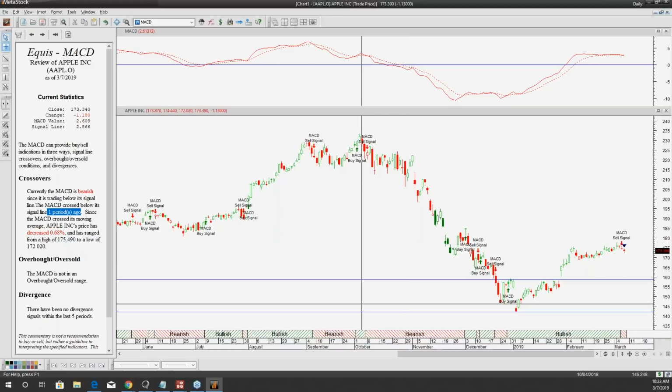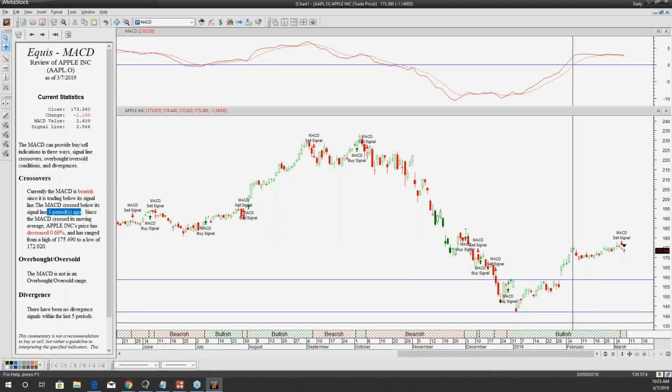So that's kind of what a chart looks like and what MetaStock will look like when you're using it. One last thing I wanted to bring out: at the very bottom of the chart, you'll see a ribbon here. It'll let you know when the market is bearish and bullish, or this chart anyways, which is a really cool feature as well. We can see that it's been bullish from basically the end of 2018 until just barely it changed to a bearish market. So, another cool little feature there.